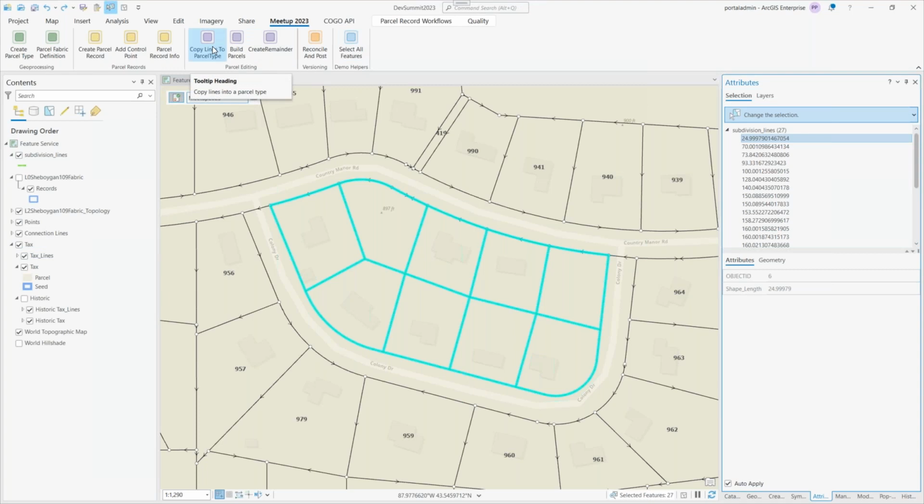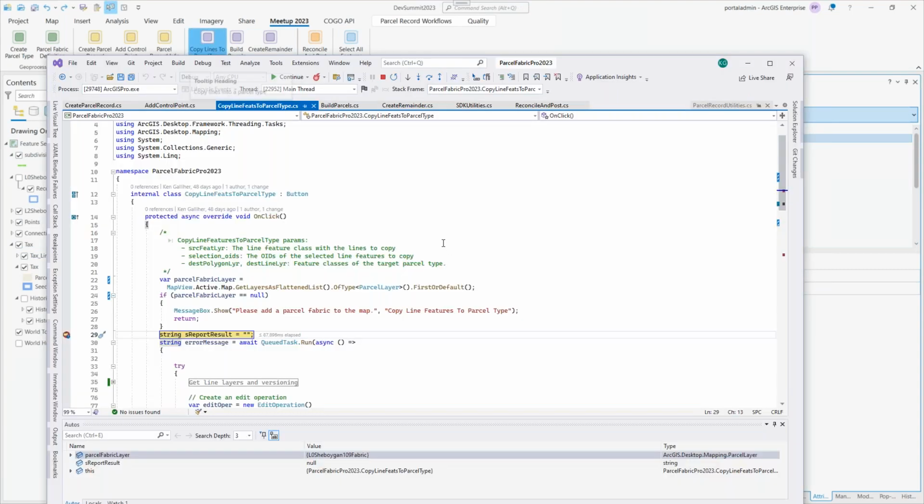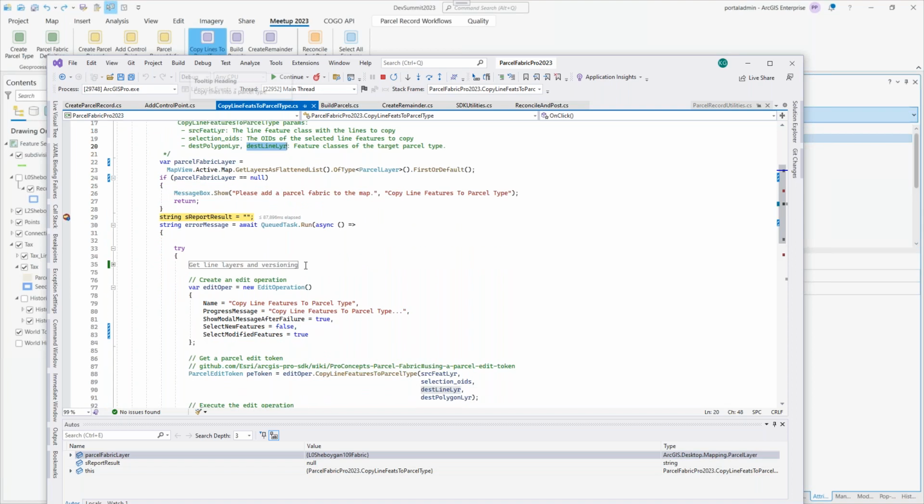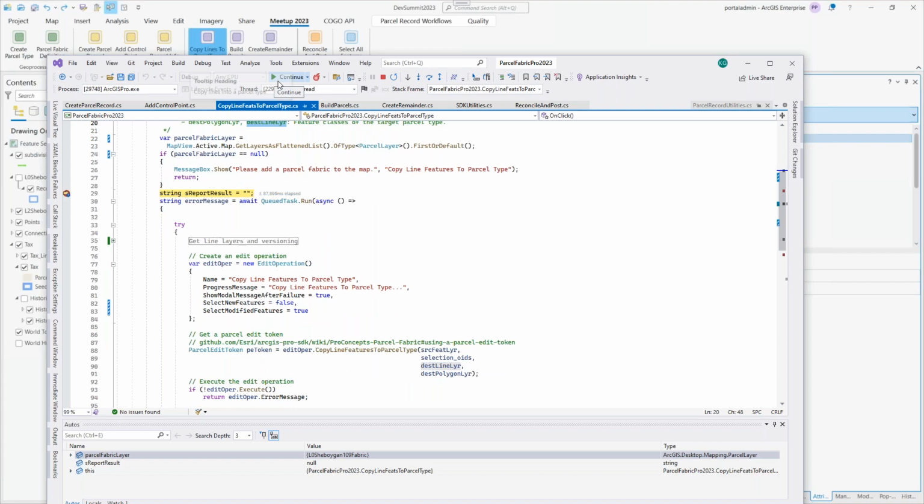So we'll do this with a copy lines to function here. I want to get the source feature layer, and that's the lines of the features I want to copy. I'll figure out the object IDs for those, and I want the destination polygon and the destination line layer, which is essentially the parcel type that I want to copy them into. So we'll get all the line layers, and we'll do the versioning stuff here. We'll skip over that. Create the edit operation, and then in this case,